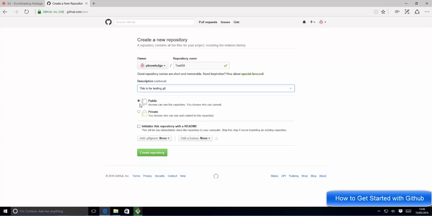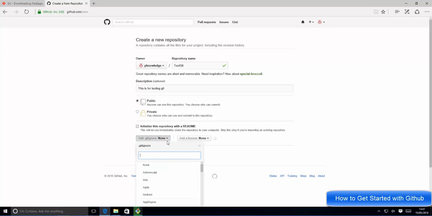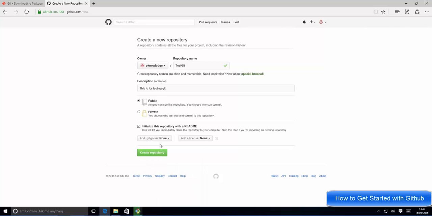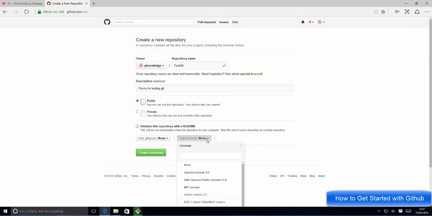Okay, and by default your repository will be public. If you want to make it private, you will have to give some fees which we don't want to give. So I will use the public option, and just check this checkbox also, which will initialize this repository with the readme file. Okay, and you can optionally also give the type of the language you want to use. For example, C, C++, Java, or any other language you can choose from here. I'm going to choose none for now, but you can choose your language here,